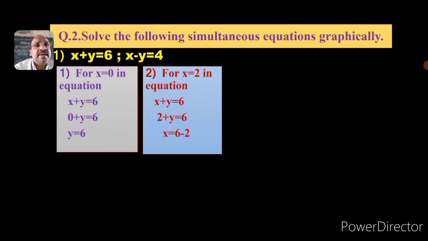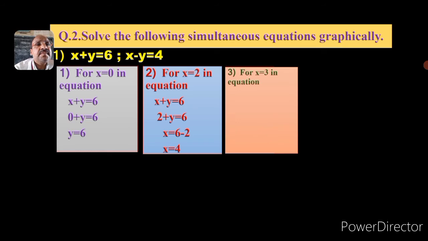x is equal to 6 minus 2, that is x is equal to 4. Next order pair, for x is equal to 3 in equation x plus y is equal to 6. When we put the value, the equation becomes 3 plus y is equal to 6, y is equal to 6 minus 3, that is y is equal to 3. Now next order pair,